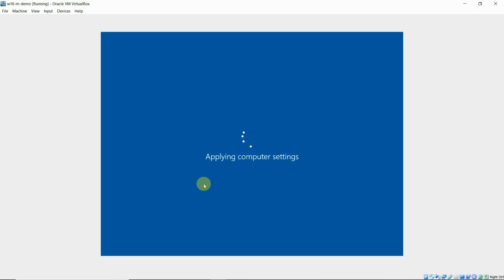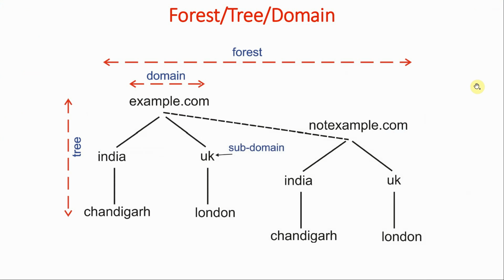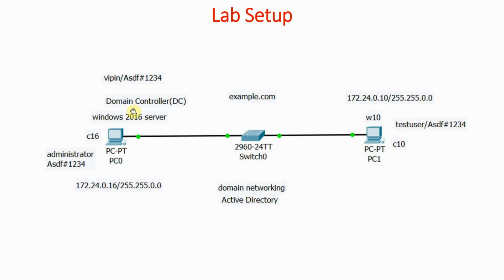Now it is applying changes. It is going to take 3 to 4 minutes. Up to then we will again discuss the slides. That means this is our structure. So we have already implemented this. Now what we are going to do? We will be creating one user